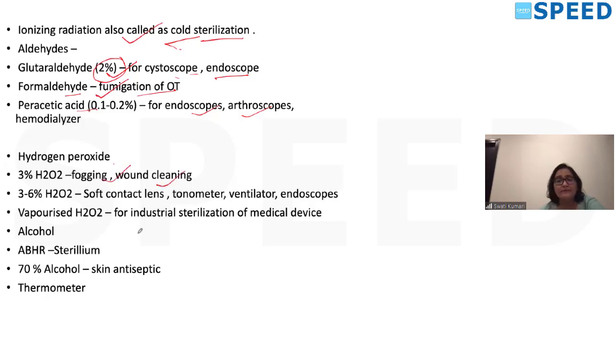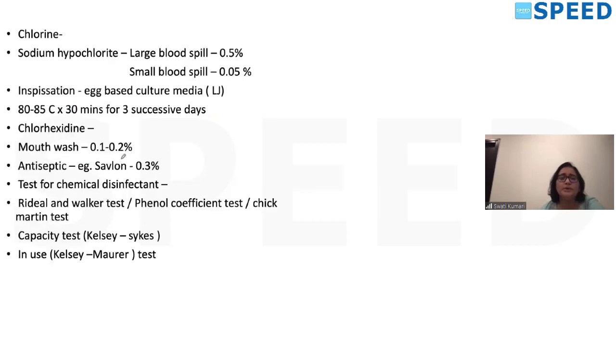Then alcohol: we have Sterillium, which we use commonly for hand rub. Then 70% alcohol for skin antisepsis and thermometer cleaning; for disinfection also, we use alcohol. Chlorine, we have sodium hypochlorite. This is a CT question: what is the disinfectant which we use for blood spill? We use sodium hypochlorite. We use 0.5% for large blood spill, and for small blood spill we use